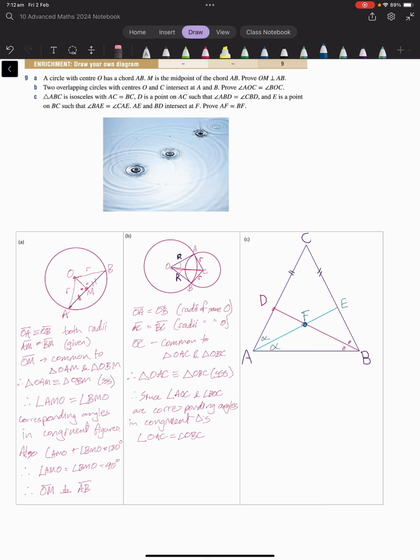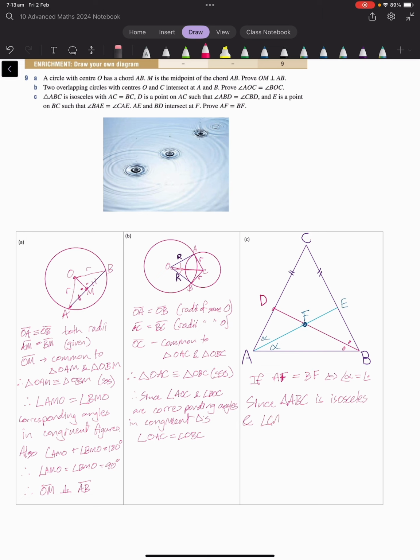And somehow I have to go about that. Well, if AF equals BF, I'm thinking in my head, I'm going to need to show that this is an isosceles triangle. So what I would like to show there is that angle alpha equals the angle with the dot in it. So can I go ahead and prove that? Let's have a go. Since